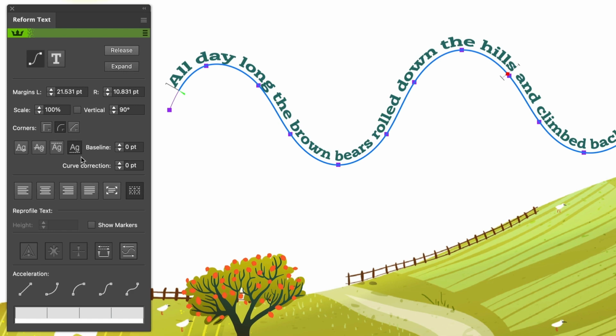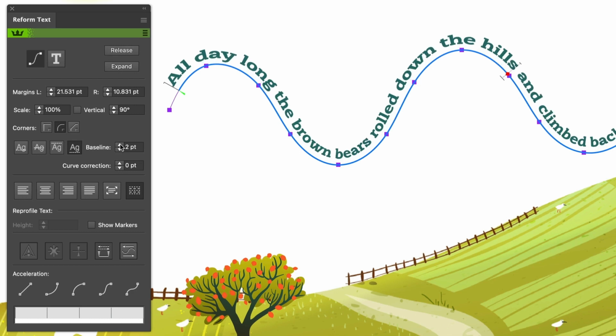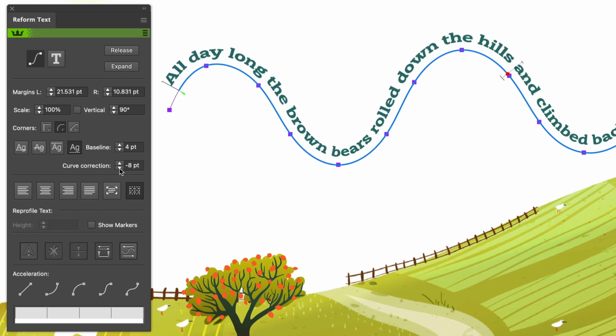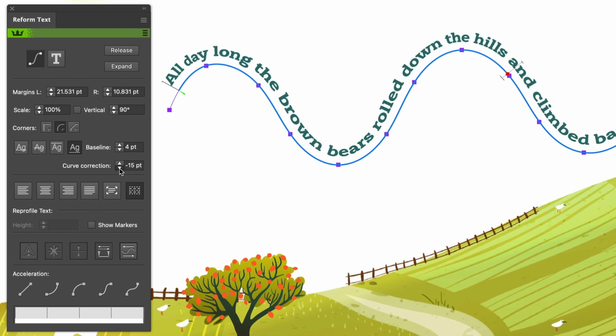And adjustments like this give you a very visual way of finding an option that works best for the curvy path that you have. From here, I can make further adjustments by adding some offset, just some distance between the baseline and the path, which softens it a bit. And then finally, to change how this type is distorting along that curve, we have curve correction. So I'm going to lower this number, and as I do this, you can see how the text changes as it dips into a dramatic downward curve like this. It gets less compressed as I lower the number, and then it gets a little more compressed as it spreads over the top of the curves.